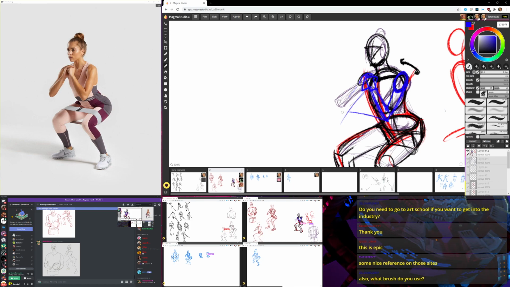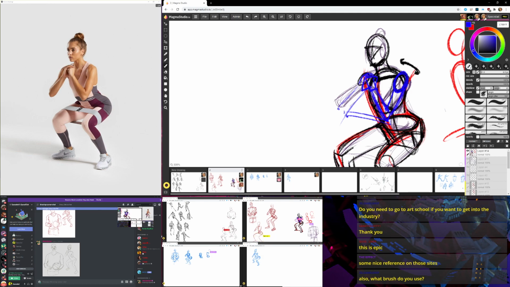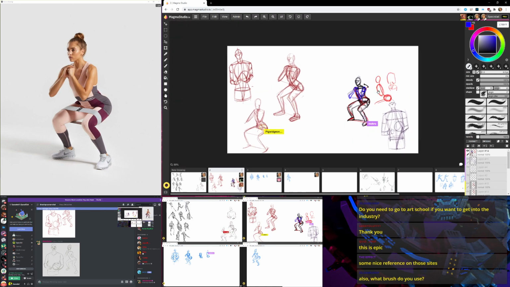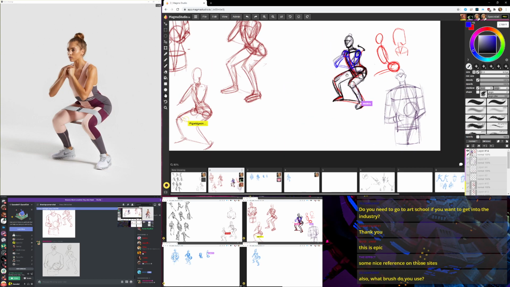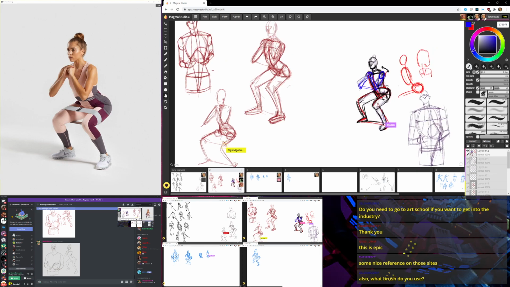And then the elbows correlate to each other. Anyway, I could do the rest of the arm in there, but that's starting to get a little bit complex for this quick sketch. But I hope that kind of helps a little bit.